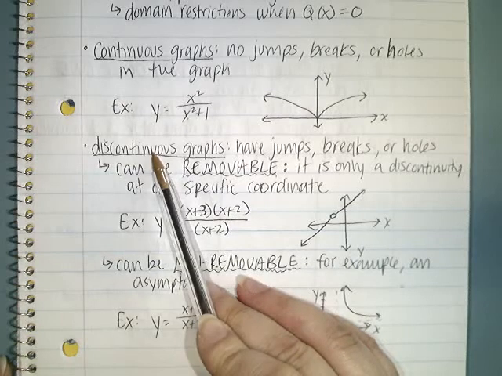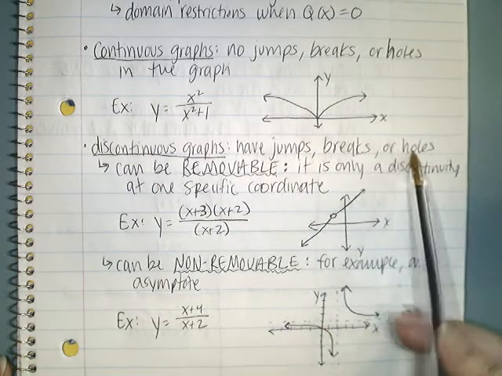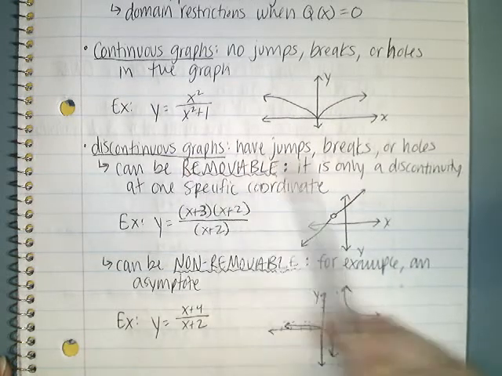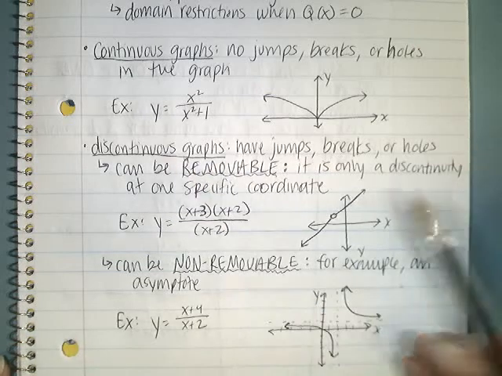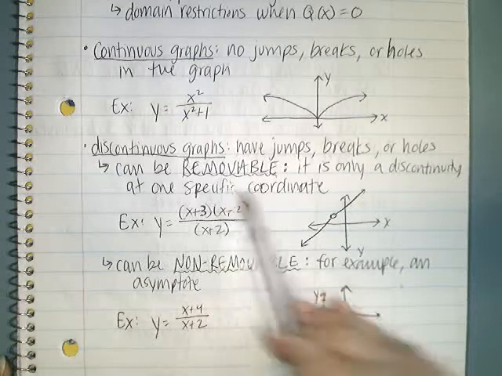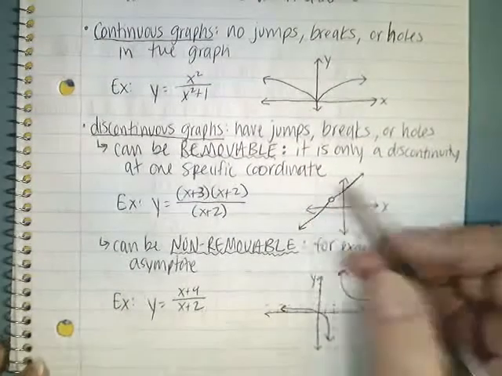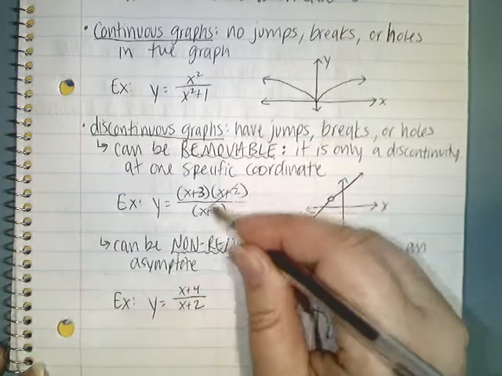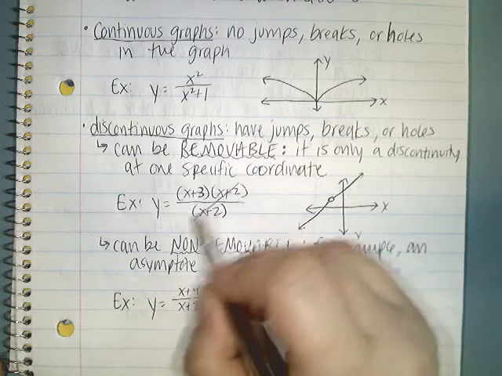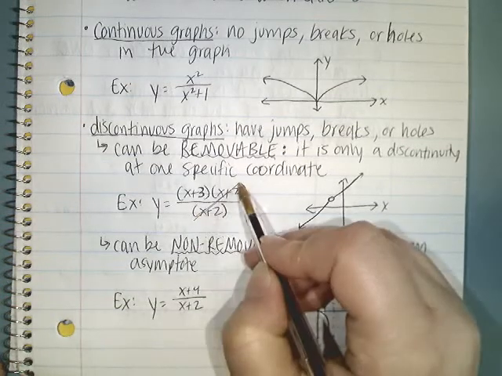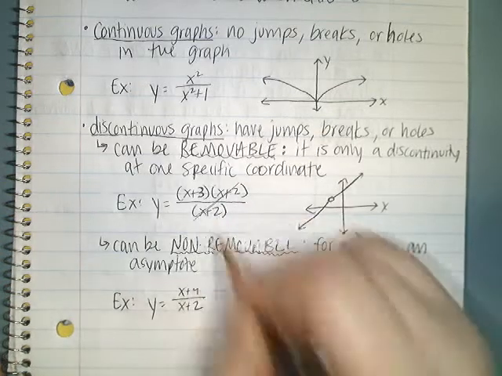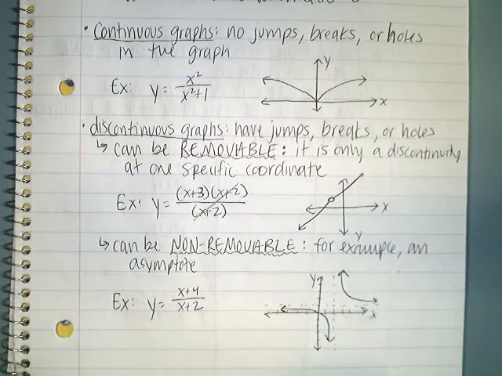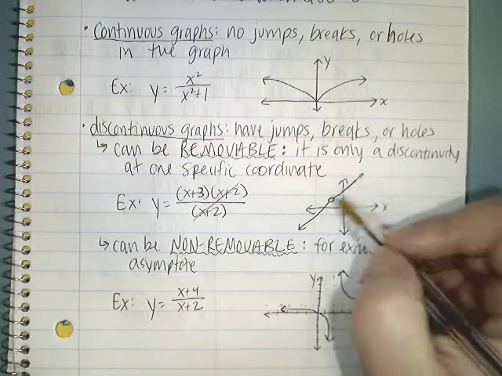What's interesting about discontinuous graphs is that they can have holes that are actually removable. So sometimes you'll have a discontinuous graph, but that discontinuity is removable. And this occurs when it is at one specific coordinate. So I give you an example here. This graph is not continuous because there is a hole right here because these would actually cancel out. If you had this rational function, you would be able to cancel those out. But because the original function had that x plus 2 in the denominator, -2 would still have a hole in the graph. So it's still discontinuous, but it's a removable discontinuity because all you'd have to do is